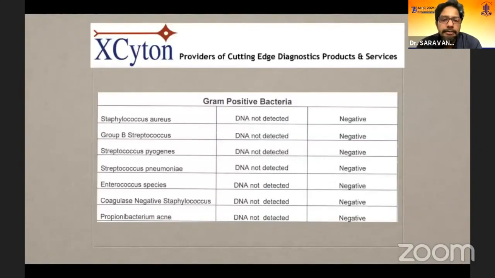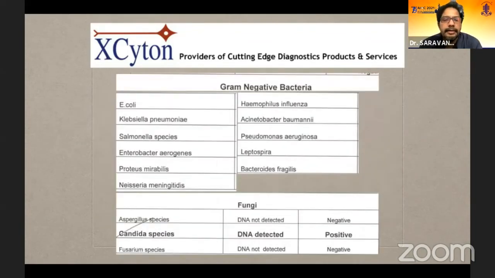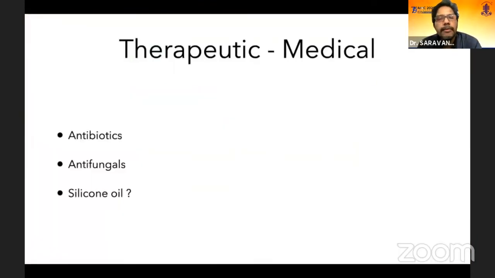So now we have the PCR, which can be done, routine PCR for eubacteria or panfungal. We have one of our companies in Bangalore, Exciton, which produces results very fast, within 24 hours. If you are in the city, you can get it within 6 hours. They have immediate detection of PCR positivity. They have separate panels for endophthalmitis as well as uveitis, where you have the viral and the Mycobacterium panel. This is for the routine post-operative infection where all these organisms are tested. You can get an immediate result, especially if there is a severe infection where you are pressed for time and you want to treat to get a maximum outcome. So going for PCR can help you.